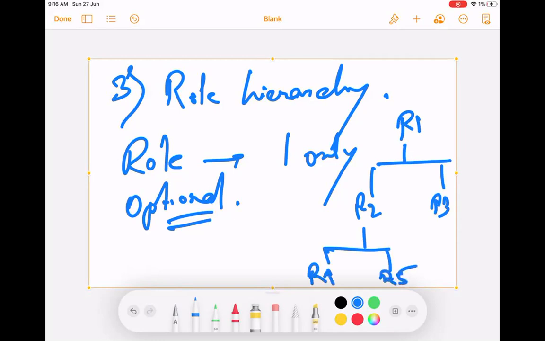Yeah. So what happens is that for standard objects, automatically a person with a higher role will see the records of a person with a lower role. For custom objects, you can choose not to use it or to use this.